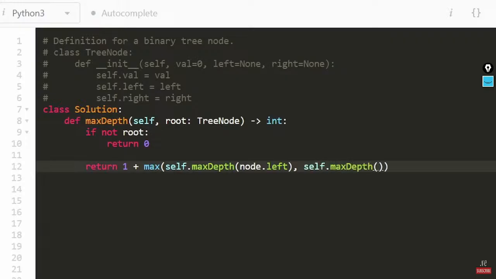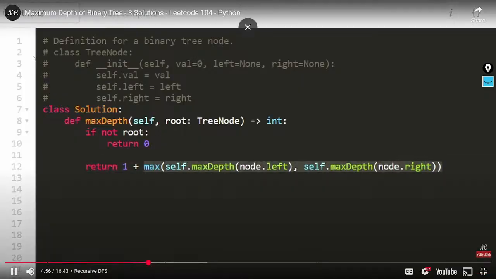Now, to make this line shorter, I could actually store the result of both of these function calls in variables, but I think this one-liner is pretty much good enough. So we're just taking the result of both of these function calls, figuring out what's the max of it. So what's the max subtree's depth of both of the